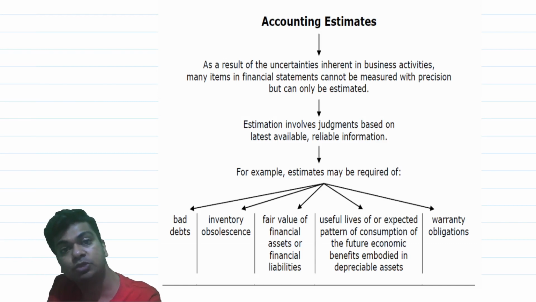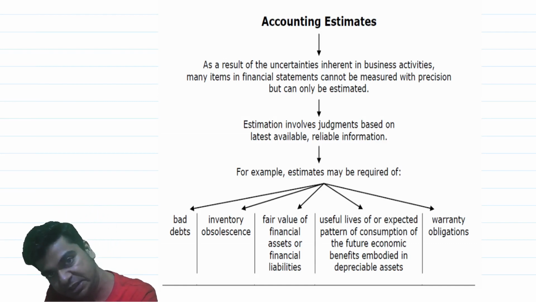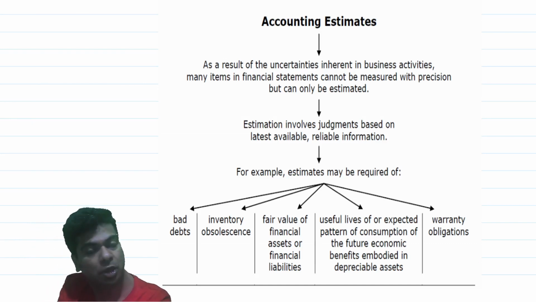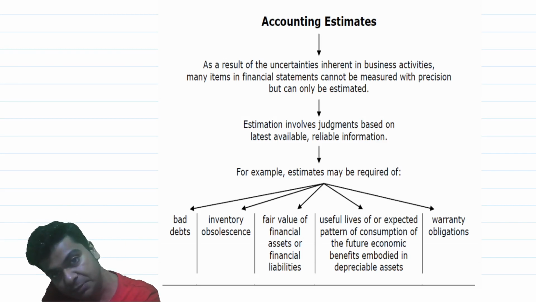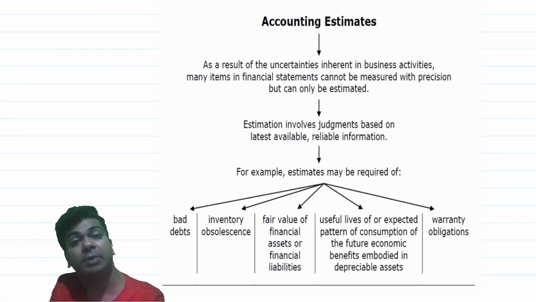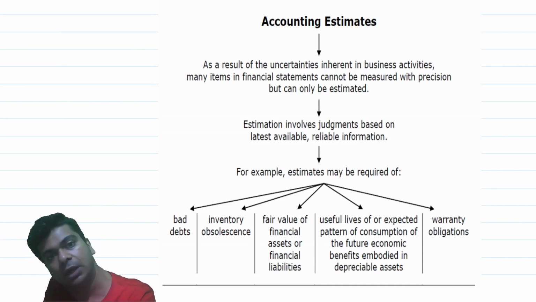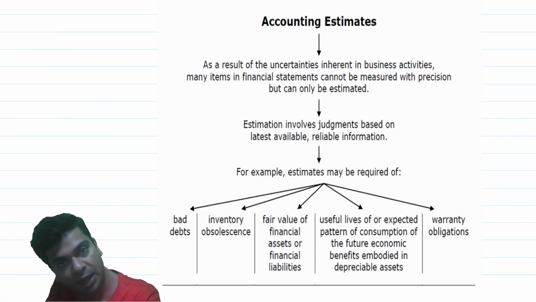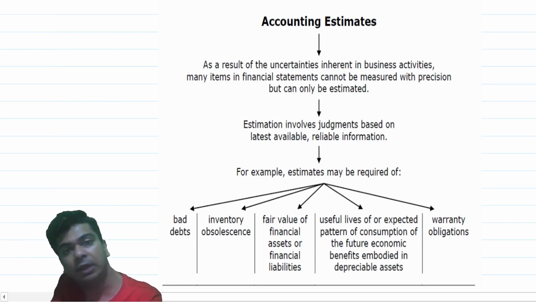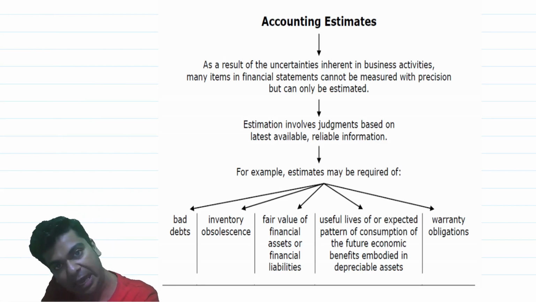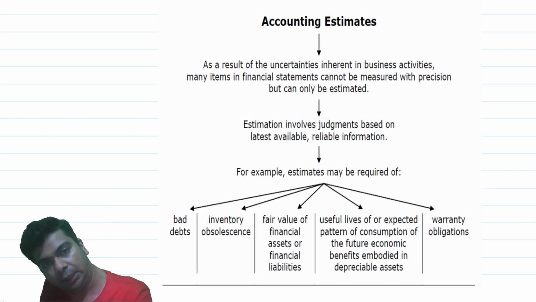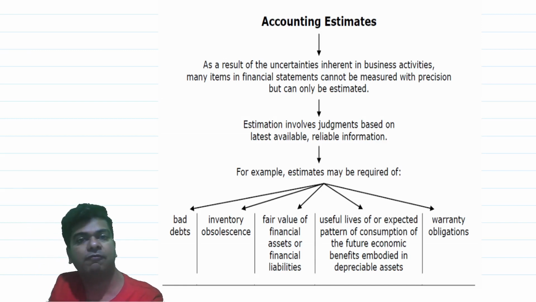Whatever I did in the past was based on the information, facts and circumstances that were available at that point of time. As these facts and circumstances change, as I gain more experience, as better and more reliable information is available, I will change the amount of the estimate. I haven't committed any mistake in the past, and that's the reason a change in accounting estimate shall be given prospectively. Prospectively means it will affect that period or that period and future periods. Getting it? So that is how the effect will be given for the change.